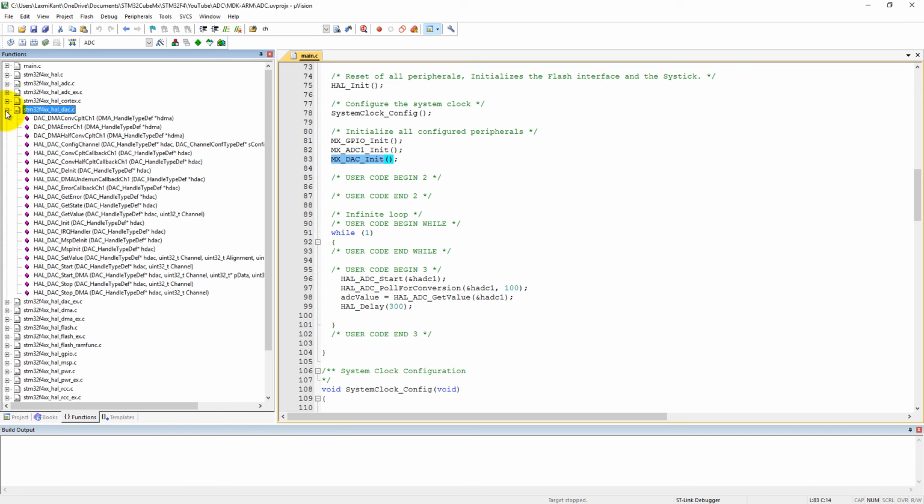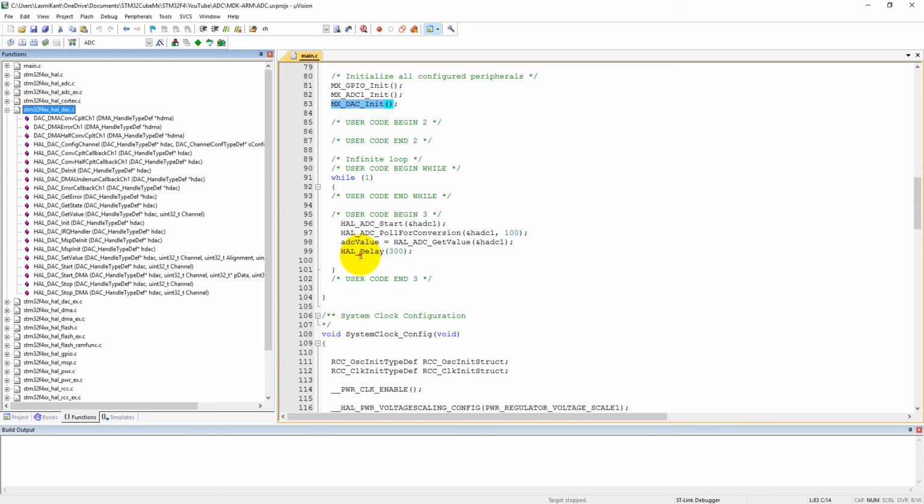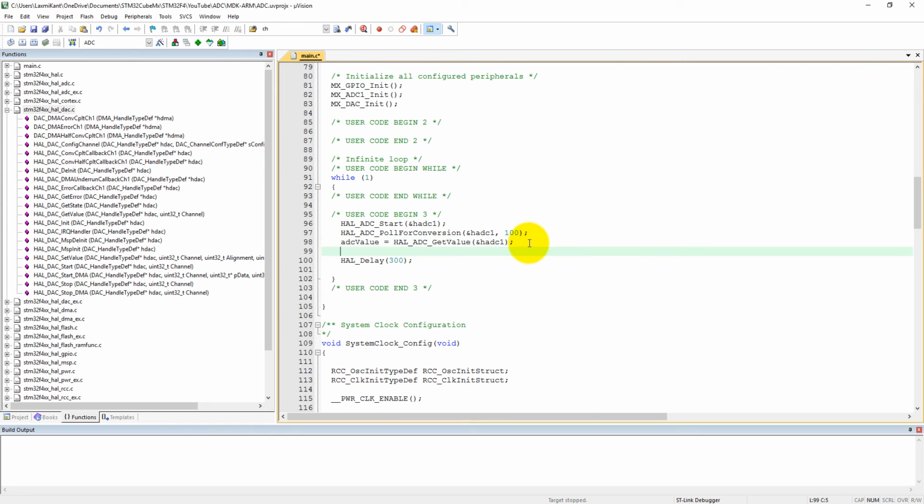So we need to start the DAC and conversion. First of all, we need to call a function, HAL_DAC_Start. At this place we can call HAL_DAC_Start. It will initialize our DAC.